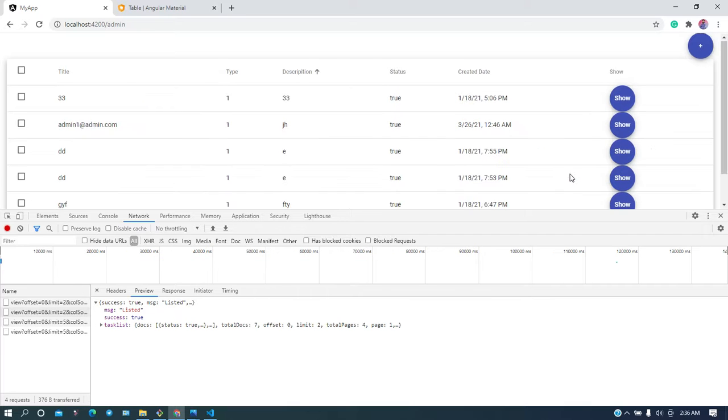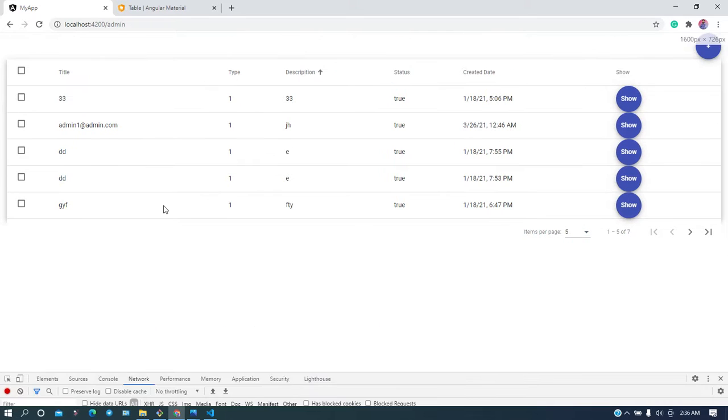But when you do the sorting, it should not happen only on the 10 data that were initially displayed and came from the database. It should happen on the entire data.